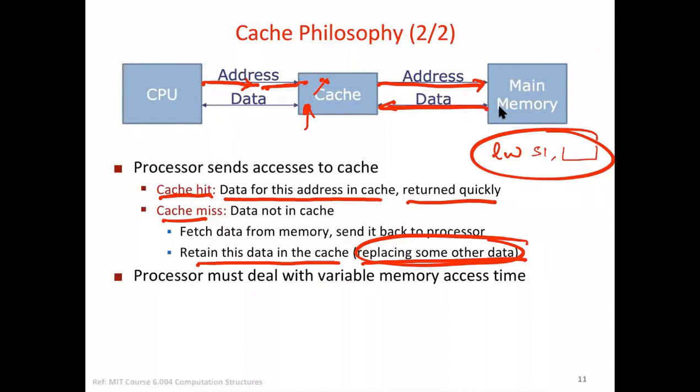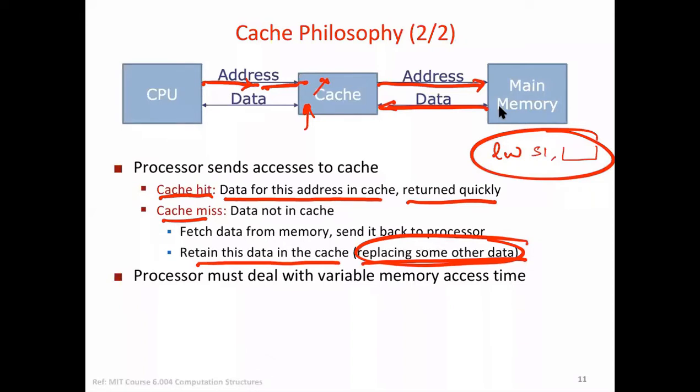Now we have seen that we have level 1, level 2, level 3, and then flash and disk. If we miss in the first level, then we'll have to bring it from the second level cache if it's available there. Then there is a little extra delay. If it's not in the second, it will check in the third level cache. If it's there, then bring it to the second level cache and first level cache. Then the delay experienced by the CPU will be higher. And if it's not there in these three, then it has to be brought from hard disk, and the delay will be much higher.